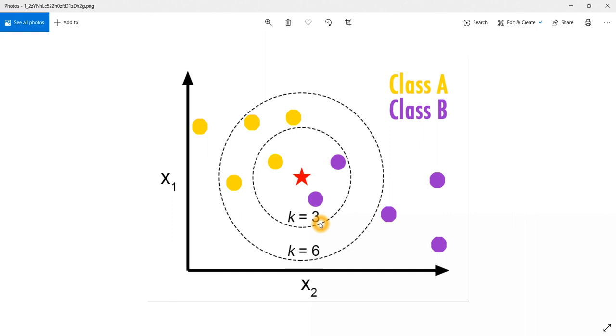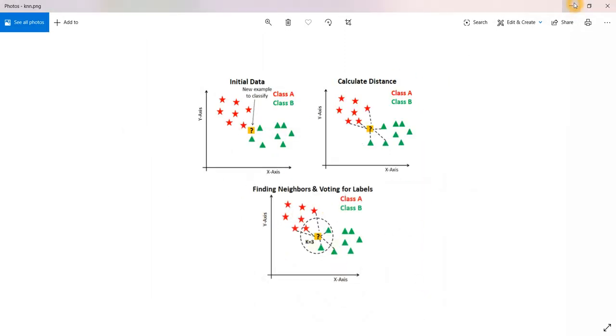That is going to help us decide which point we have to choose. By default the KNN algorithm will take a default value, which I will tell you about in this video. I hope you got some clarity about that. So let's go into the implementation of the KNN algorithm.